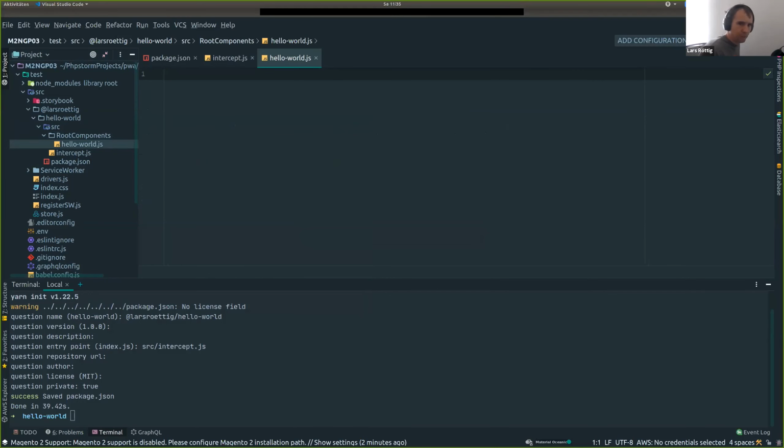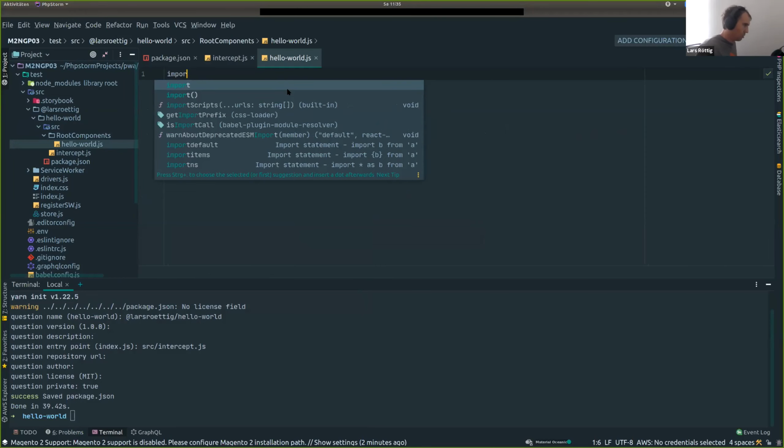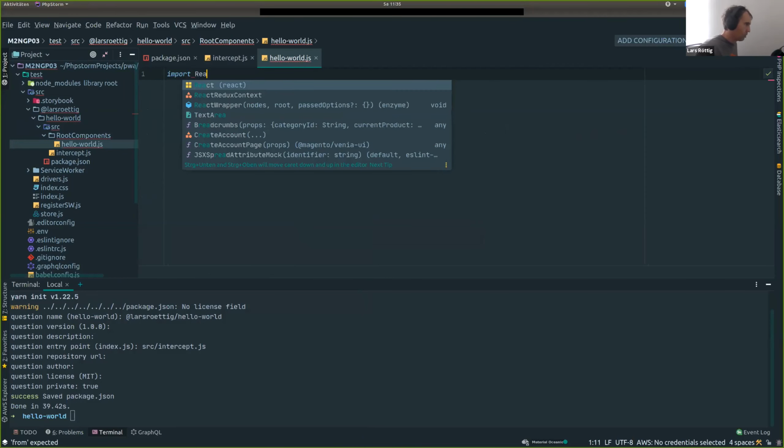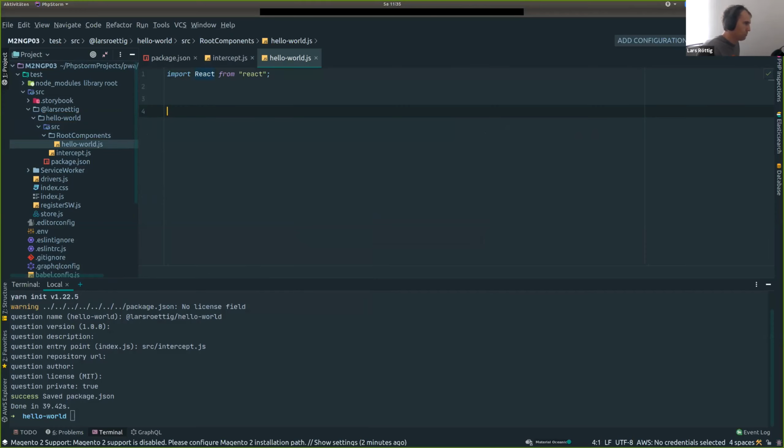In my example, I want to add a simple route. So let's import React and say const HelloWorld equals arrow function